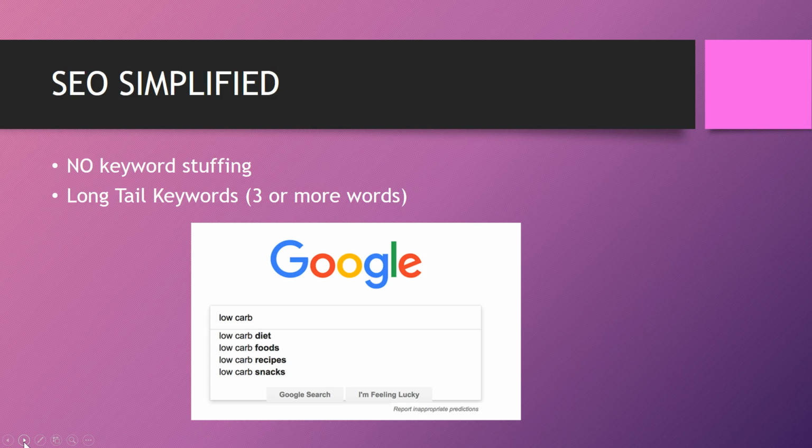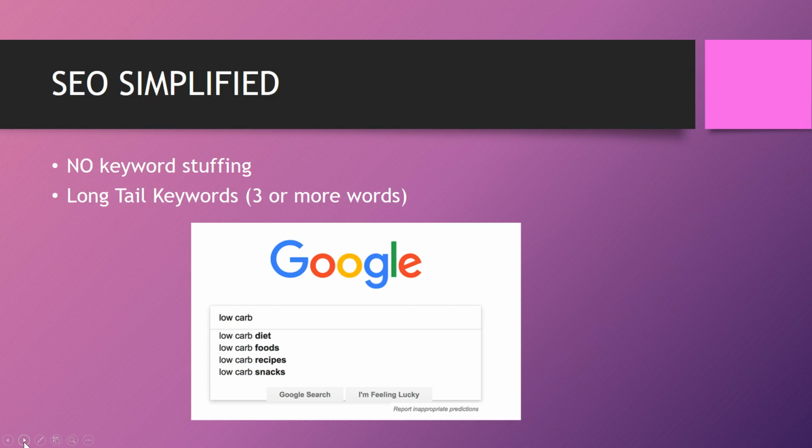So what they began to do is change their formulas, and they're now penalizing websites that have too many keywords in their post. So if it's unreadable, Google will notice that and it will penalize the site. So you don't want to be doing keyword stuffing. And if you pay close attention, in a few minutes, I'm going to share with you a plugin that will help you determine your keyword density so that you're in compliance with Google when it comes to keywords.